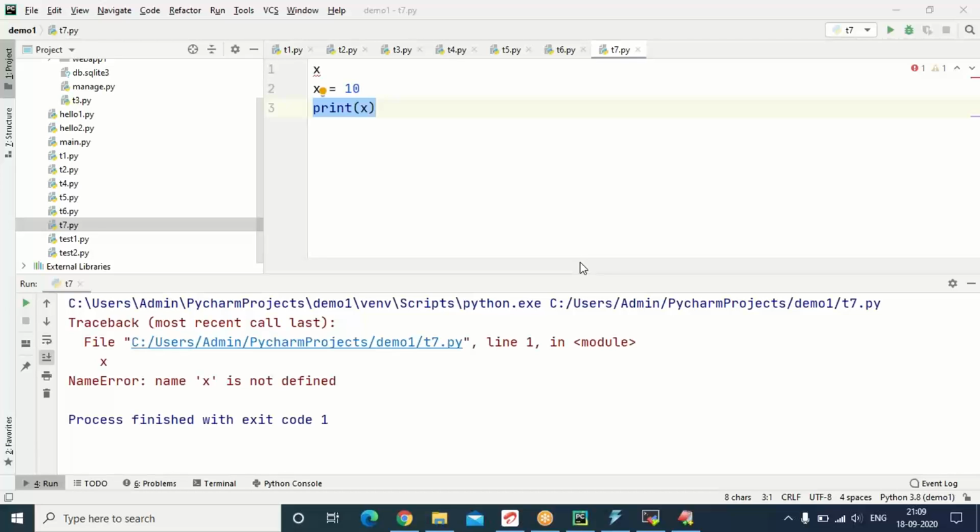What is the second difference? The second difference is wherever variable is declaring, there itself we should provide initial value in Python. In case of Python, while declaring a variable, initial value should be provided in the same statement. Reinitialization can be done wherever you want it, but initialization should be at the place of declaration in Python.